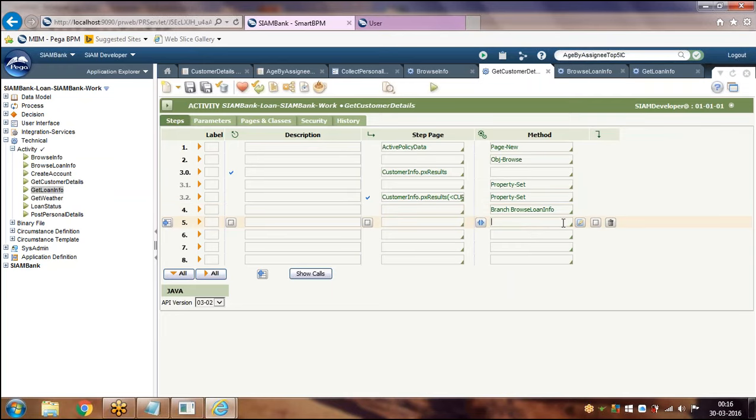It will not execute 5, 6, 7, 8, and if you have any other steps after this branch step, it will not execute. That is the difference between call and branch.